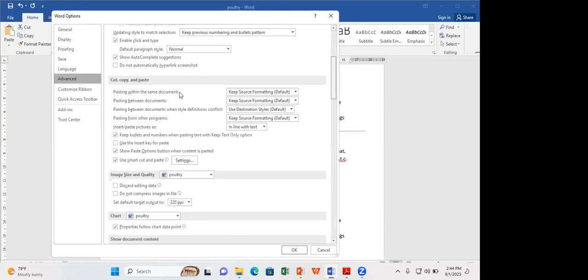Here there is the display. And we shall look for this option that says show measurement in units of